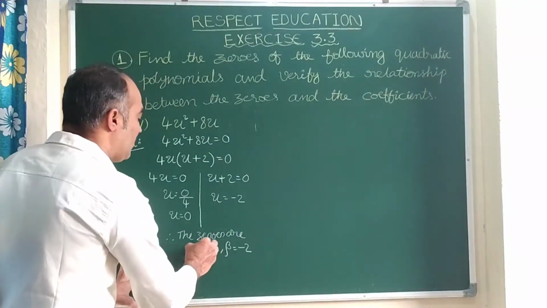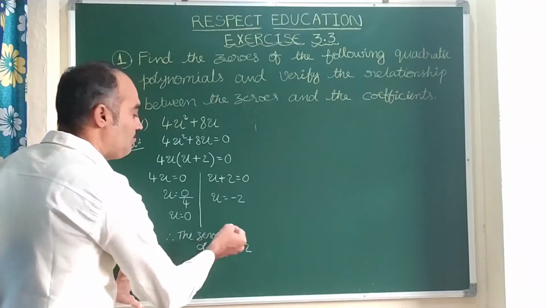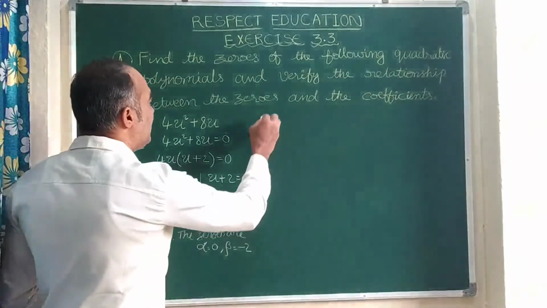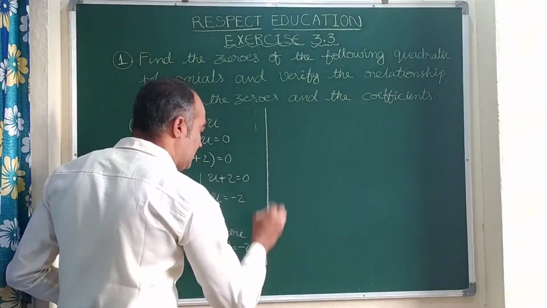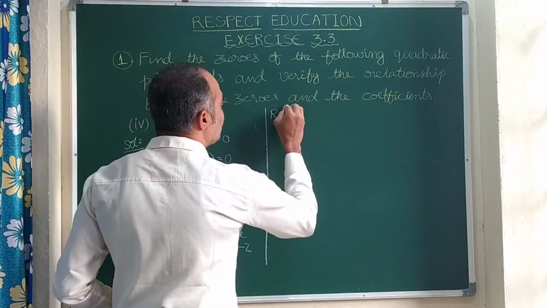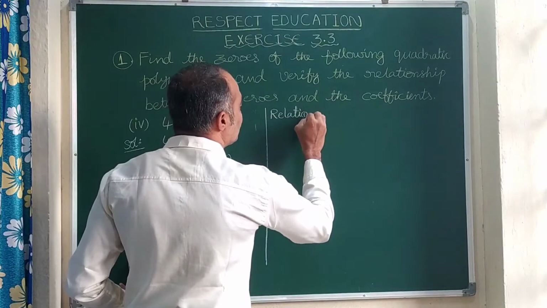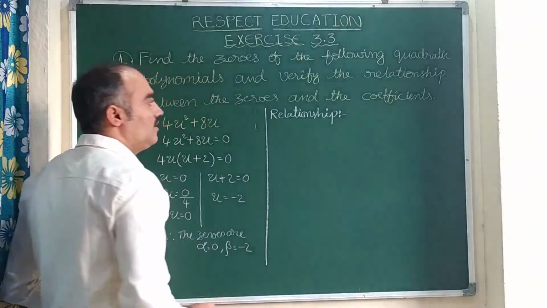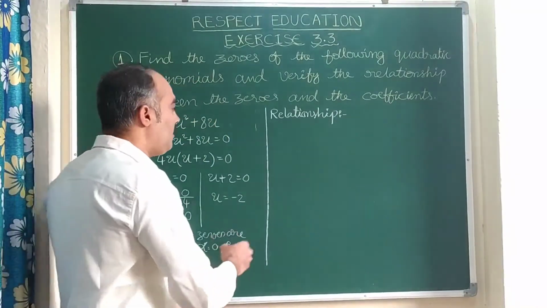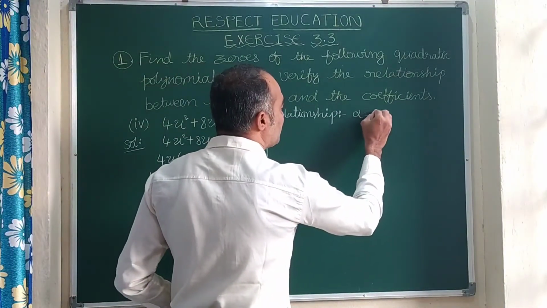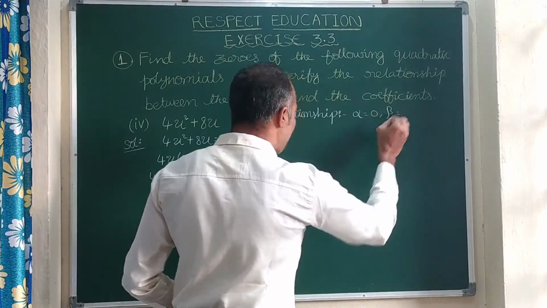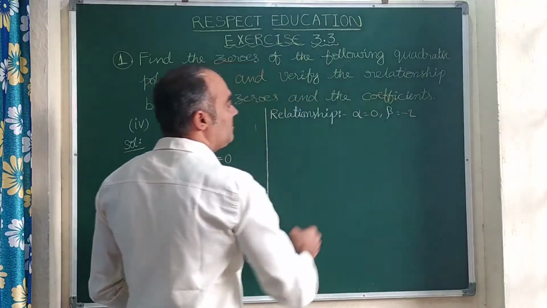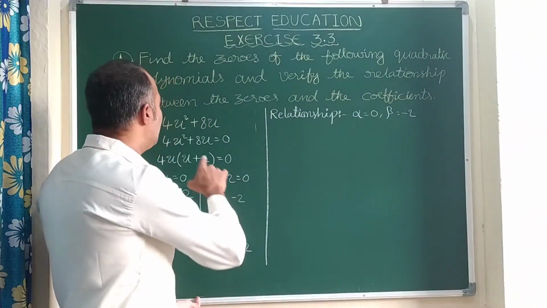Now we are going to verify the relationship between alpha and beta and also a, b and c. So here let us do the relationship. Here alpha equal to 0, beta is equal to minus 2. Right. Now the zeros are ready. We need coefficients. So compare